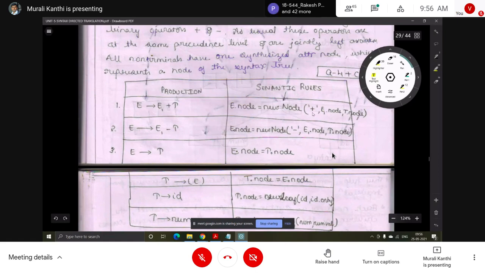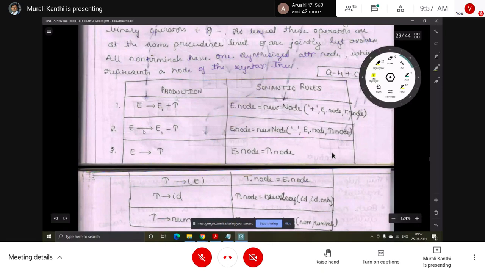So the first parameter should be the operator, then E1 dot node, comma, T1 dot node. If we write the semantic rule like this, the implementation is easier: plus, comma, E dot node, comma, T dot node.